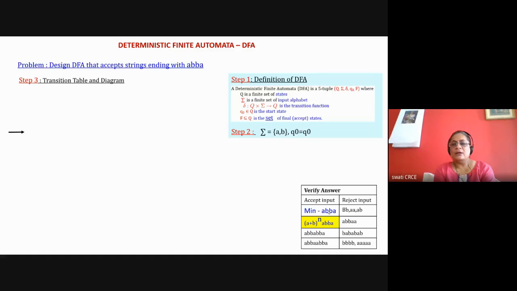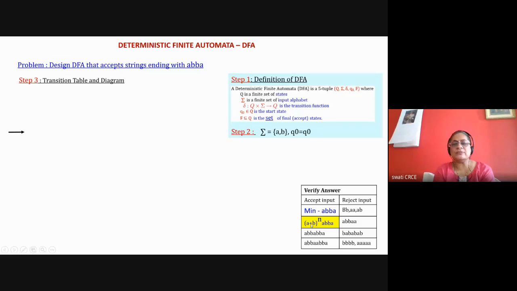Now I'm writing here in the yellow color box, which you have to remember. If something is there on the slide with a yellow background, this is something you have to remember. I'm writing it as something like a regular expression. It is not a perfectly 100% correct regular expression for this statement, but it is similar to a regular expression. A regular expression is for the DFA or NFA. So what it means is that my string is ending with ABBA, but before that there can be anything, A or B.